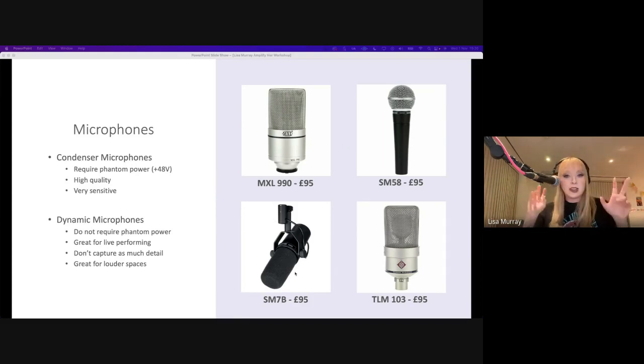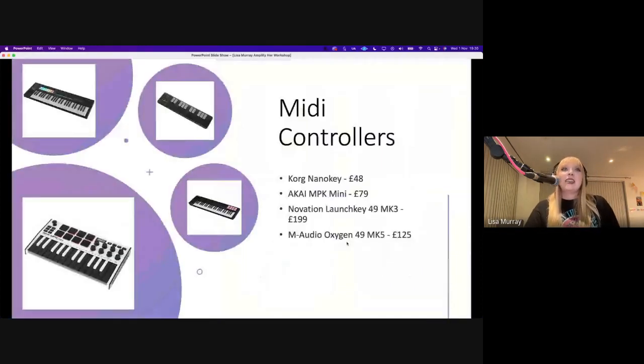The SM7B is like the TikTok mic. You might see all these singer-songwriters on TikTok holding this microphone. It's everywhere. It sounds fantastic, and I really would recommend it. It's on my wish list for Black Friday to buy one of these, but they're great. I've used them in so many different studios. A lot of times you'll go to a professional studio, they'll put up an SM7B anyway, and you're like, I could have recorded this at home. Anyway, they're great, and I would really highly recommend.